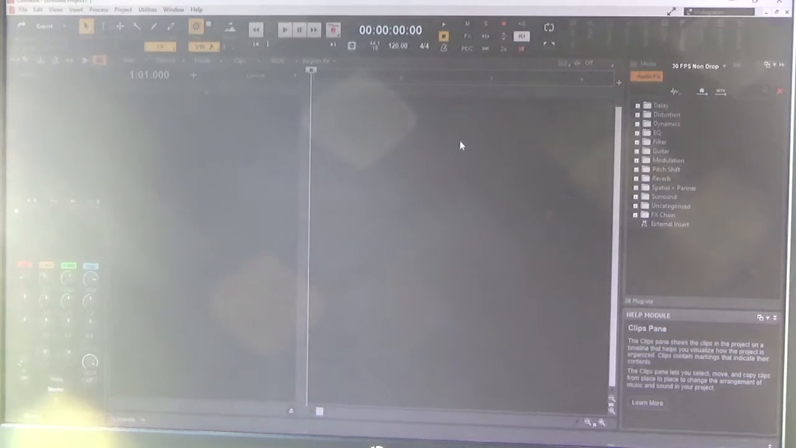I selected File, New Project, and this is an empty project, and we're just going to walk through how to add tracks and some of the features that are available, and some tips on how to actually be able to record both audio and digital music, because